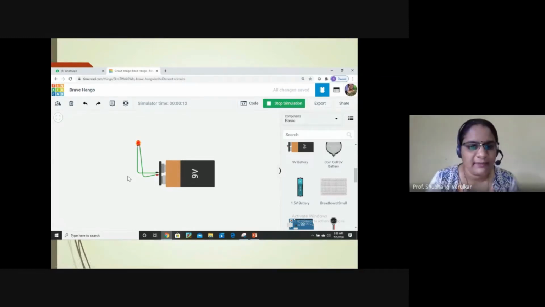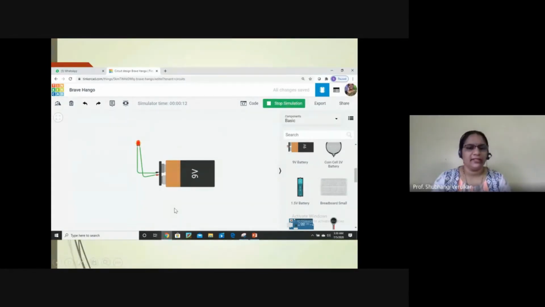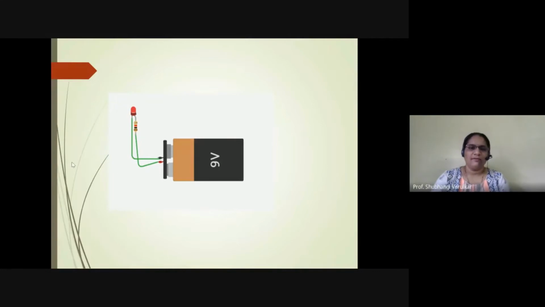We will do this practically also. What do we have to do to control the current so the LED doesn't blast? What will we do? Resistor. Perfect. We will connect a resistor and then what will happen? The LED will get protected. Good. So we will connect the LED and resistor like this and your point will get clear. We will perform this first and then proceed to the next.